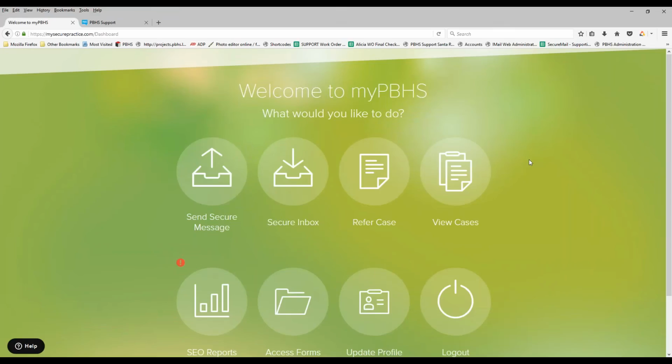The first step will be logging in. To do so, you will go to the website mysecurepractice.com and will log in with your email and a password that you should have set. If you do not yet have this information, please contact our support team and they would be more than happy to help. Once you do have this information and you're logged in, you should see a dashboard similar to the one